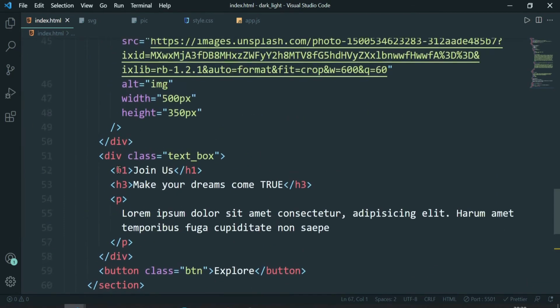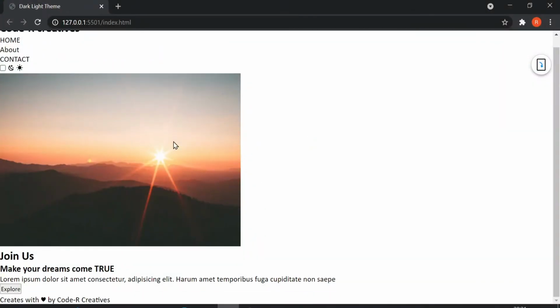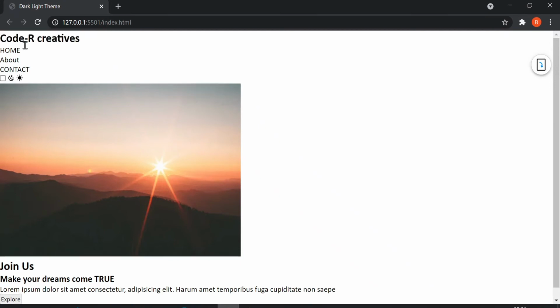But before moving on, let's see how our HTML file basically looks. So this is the HTML file, and now we will be moving to our CSS file, and we will be giving some exciting styles to our file, and also we will be working on this button so that when it is checked it can change the color of our web page.